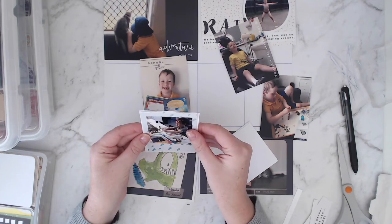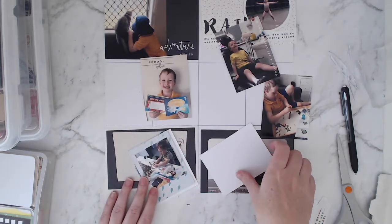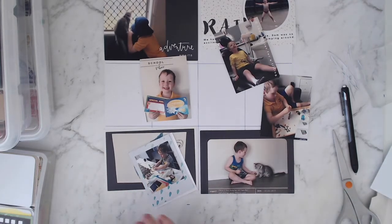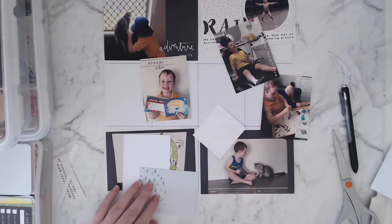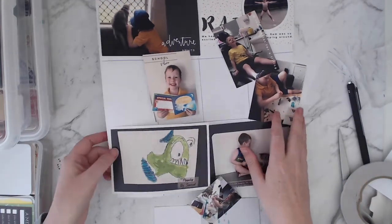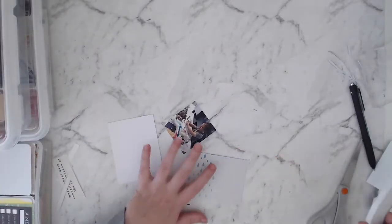And yeah, he wanted to do some craft stuff, and he made cards and pictures and goodness knows what else. My fridge was covered with different crafts by the end of the day. And this was quite early in the morning that I took this photo, like 6:30 in the morning. It was, yeah, really early. That's when we started. And he did that for probably a couple of hours,